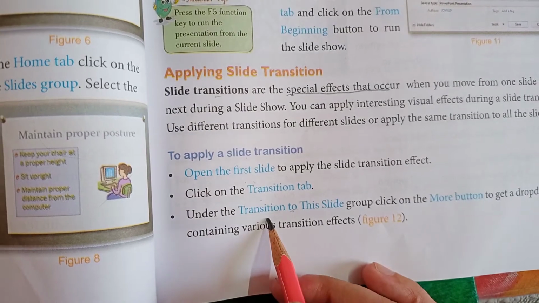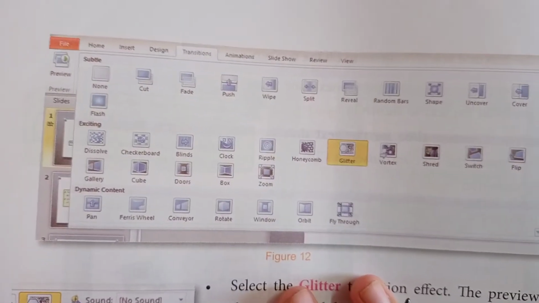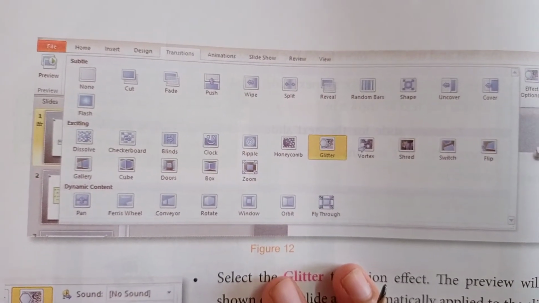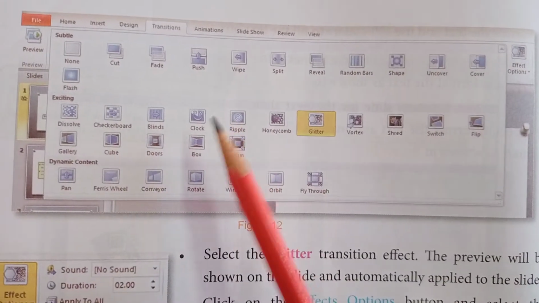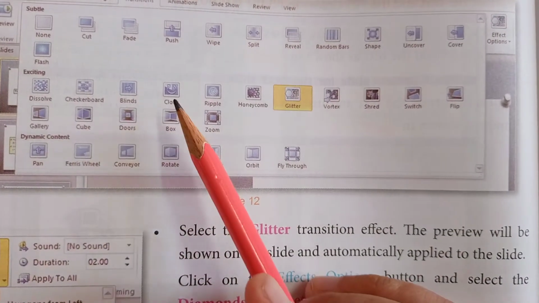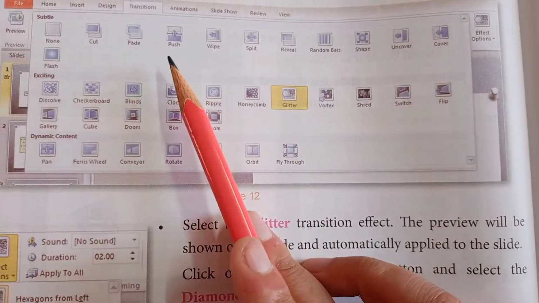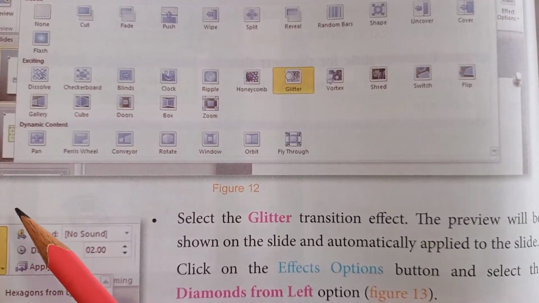From that, just click on the more button option. A drop down menu will come in front of you. See, so many transition effects will come in front of you. Cut, fade, meaning how you want your slides to appear. कि आपने उसे क्लॉकवे में डिस्प्ले करना है, चेक बोर्ड में डिस्प्ले करना है, पुश करना है, फेड करना है. So many options are there.